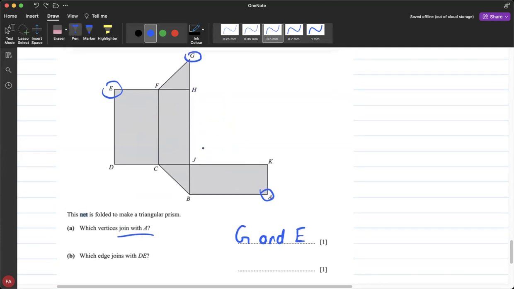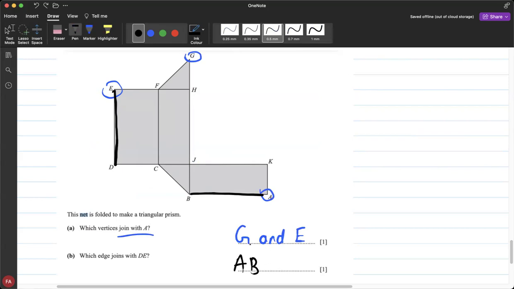In a very similar way, the question says, which edge join with DE? So I can see that this edge over here is actually going to be joined with, in this case over here, with DE. So they're talking about this one. So we can clearly see that this edge and this edge should be joined together. You can write down the answer as AB or perhaps BA. It doesn't matter how you spell out these alphabets, as in the order doesn't matter,